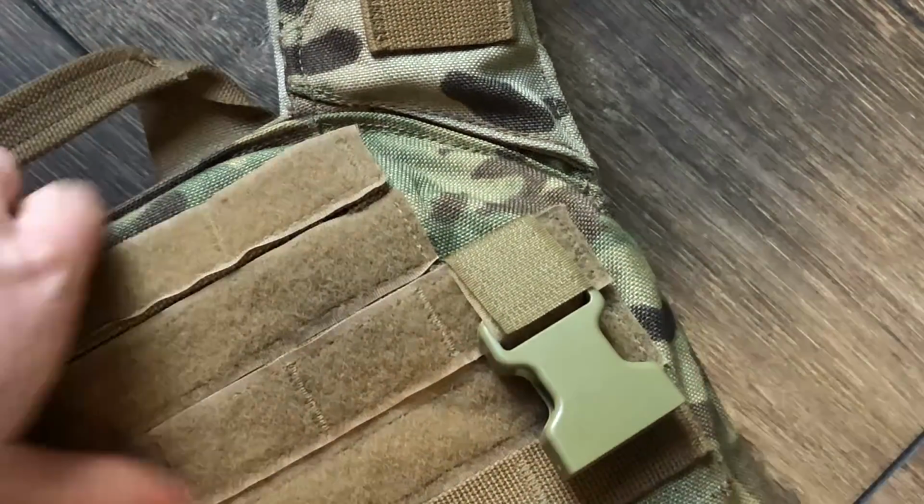Second thing you'll need is a seam ripper, and you'll just take that seam ripper and split the seams here. Basically this front flap is what keeps the system from being modular. So you need this front flap to be gone. And basically all you do